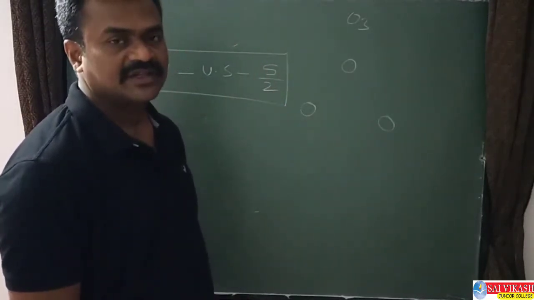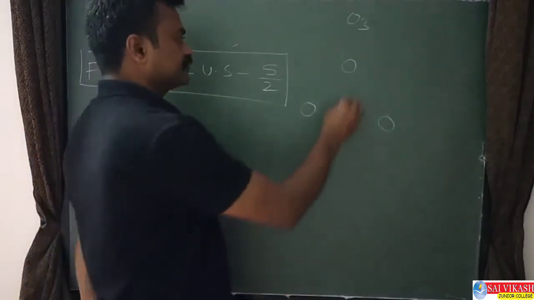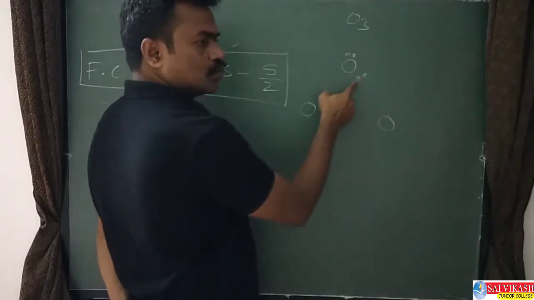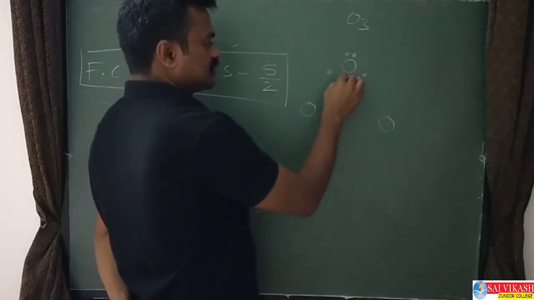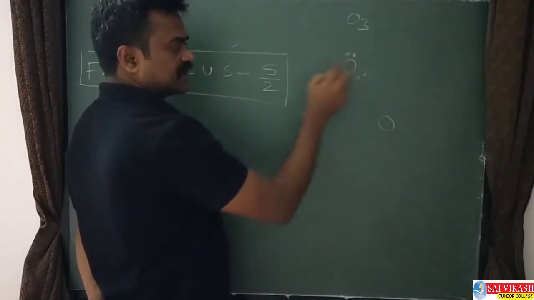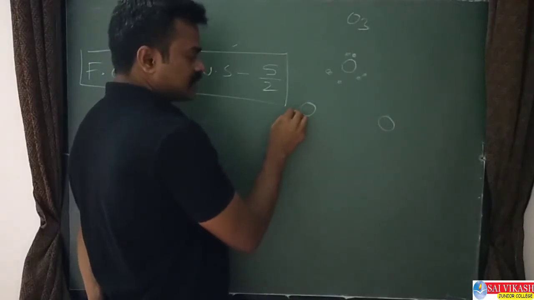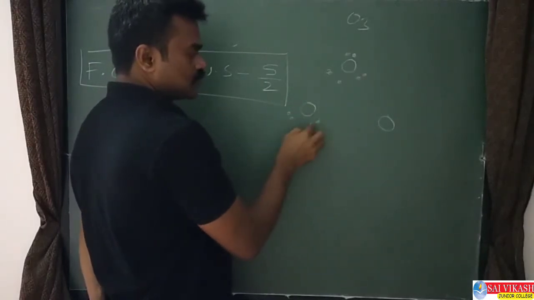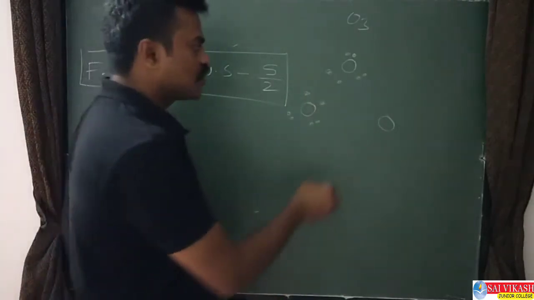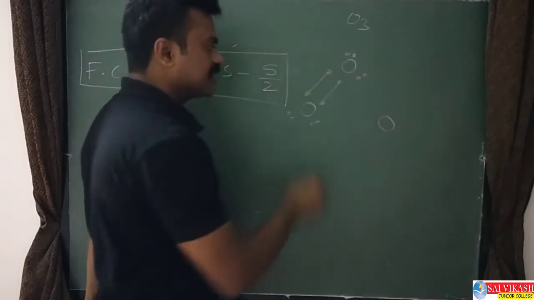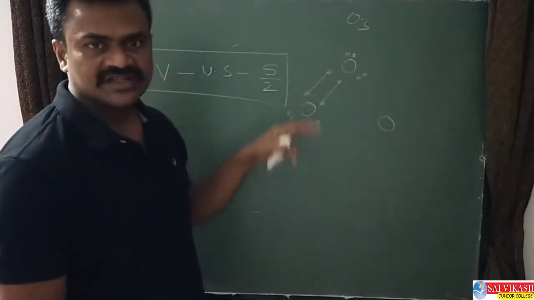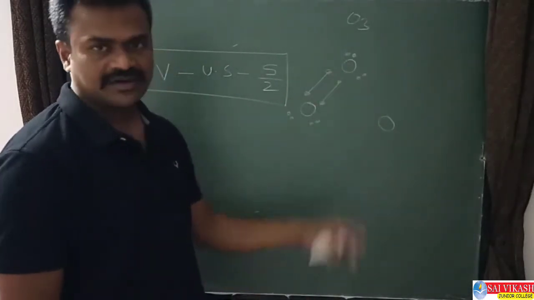See how I am giving the 2 lone pairs, 2 bond pairs. Yeah, these are the 2 lone pairs, 2 bond pairs. Bond pairs are somewhat distance maintained. Lone pairs are like this. And this oxygen atom also has 2 lone pairs, 2 bond pairs. So what happened? This bond pair is mutually sharing. The two bond pair of electrons of two oxygen atoms are mutually sharing and forming a bond.